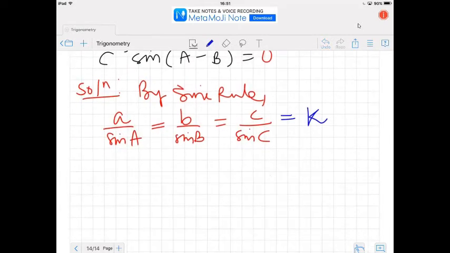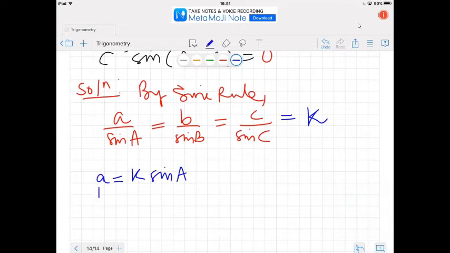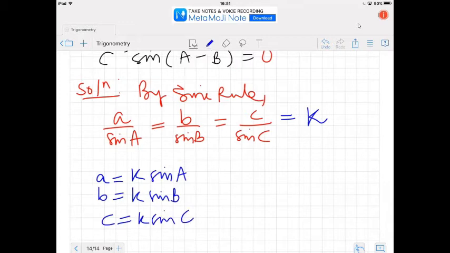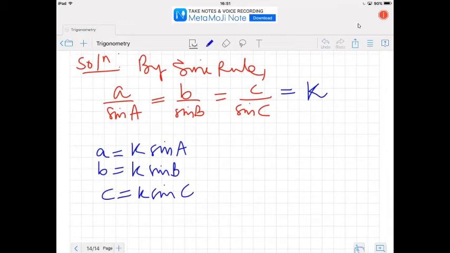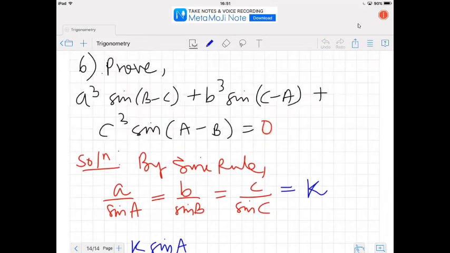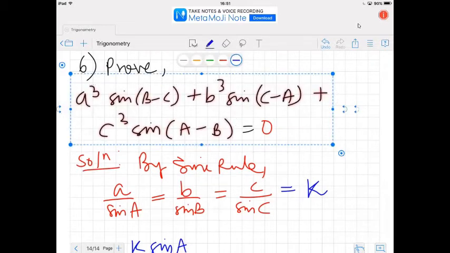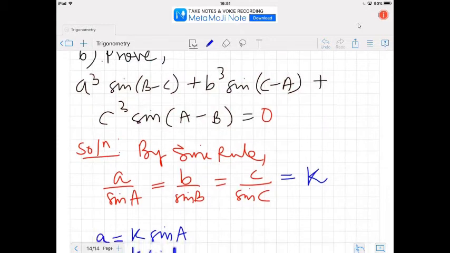So by this I can say small a is equal to k times sine A, small b is k times sine B, and small c is equal to k times sin c. ठीक है. Okay, so I'll take the left hand side now. All right, so this is my left hand side. A cube sin b minus c plus b cube sin c minus a plus c cube sin of a minus b. Okay,